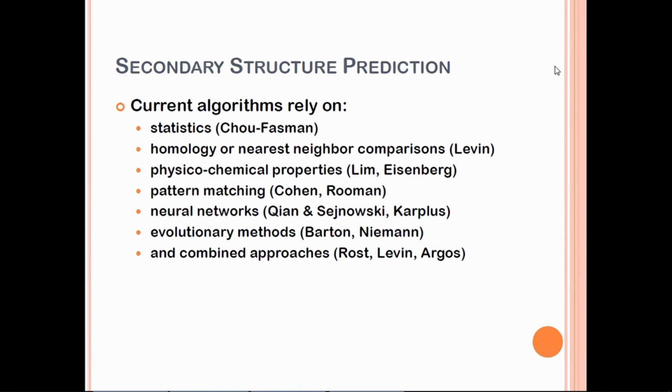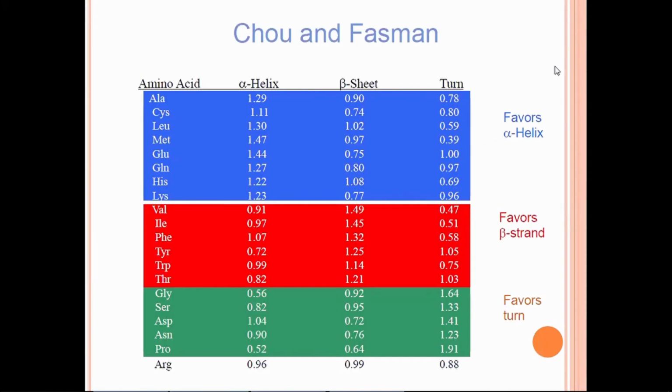These are the algorithms implemented in different software to calculate the secondary structure of your protein. Yeah. So, okay, I'll skip this. Yeah, this one is if you have alanine, cysteine, leucine, methionine, glutamic acid, glycine, histidine, lysine, then most probably you will have helix structure. If you have valine, isoleucine, phenylalanine, tyrosine, tryptophan, threonine, most probably you have beta. But if you have glycine, serine, aspartic acid, asparagine, and proline, most probably you have turn. But as you know, in the protein, we have a mixture of amino acid, right? So based on this proposition, the algorithm can calculate whether your protein is alpha, beta, or turn.